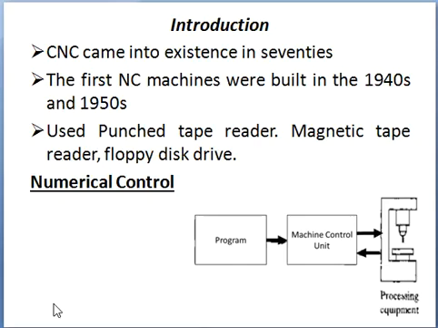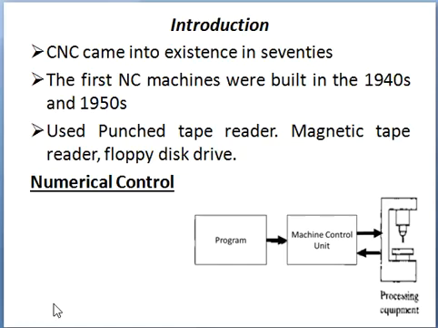This was a simple initiation of automation or semi-automation in the manufacturing industry, where we used to give instructions to a particular machine, whether it is a milling machine, drilling machine, lathe, shaper, or any other conventional machine used for production of a component. It used to get instructions from, for example, a punched tape reader or a magnetic tape, in cases where the first computers were implemented to transfer data from a computer to the CNC machine.